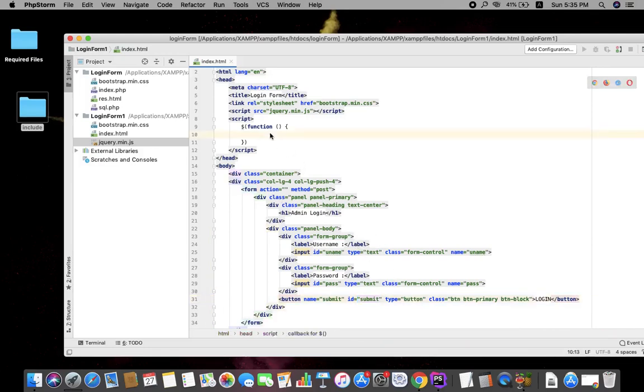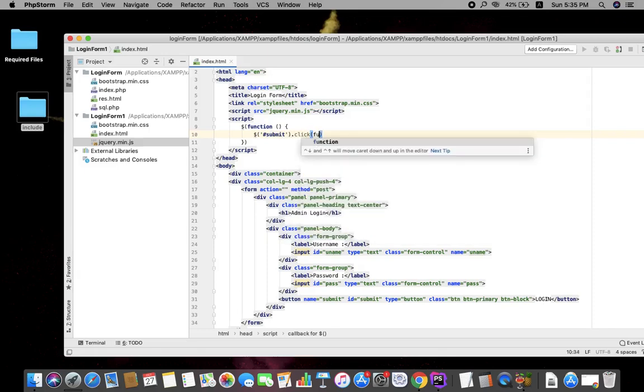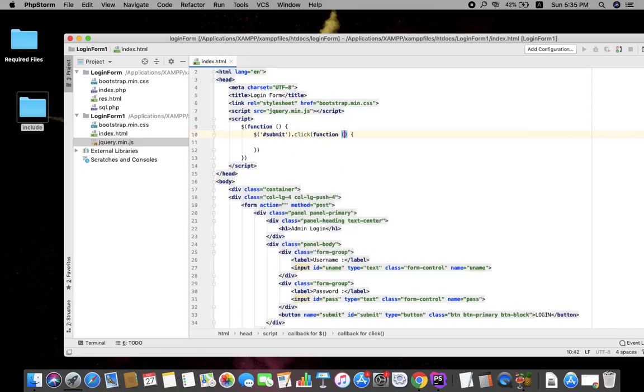So I write it something like this. I'm going to catch the id as #submit dot click, so when you click on it, I'm going to write a function inside. When you click on it, I'm going to put the username inside some variable, uname is equal to,